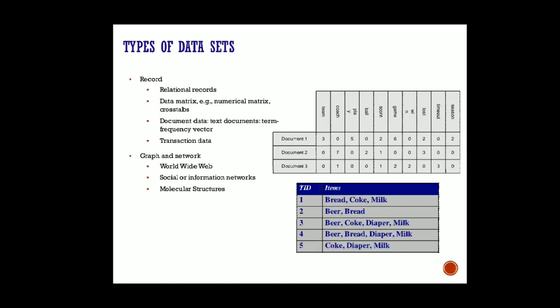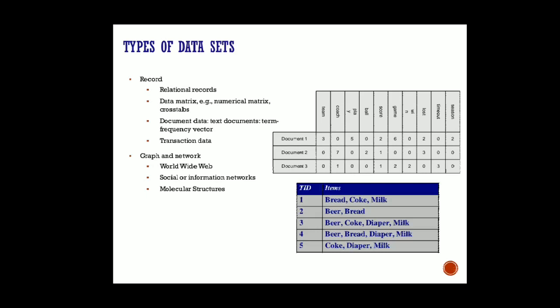So to begin with this lecture, we will see what a record is. Right, so there may be various types of data sets available, on which we are going to apply our data mining, right? So what are the different data forms which we may encounter during the mining of data, right? So we have to know them before going to the details.